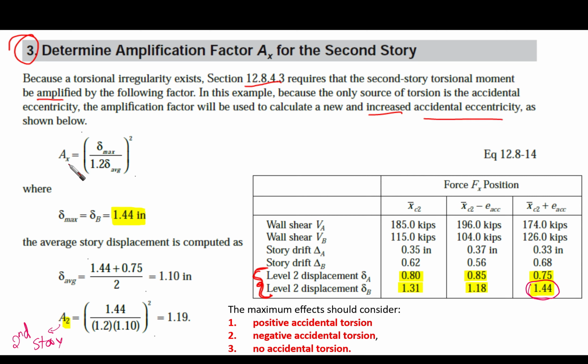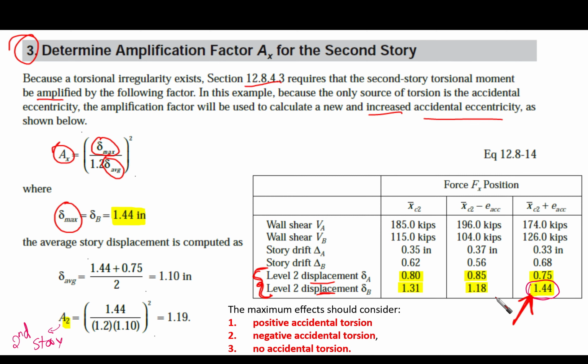So we're going to first get the amplification factor, which is Ax. It would equal, take care, delta maximum over delta average. We are using the inelastic displacement. It's not related to the drift. We are not talking about the drift here. So delta maximum in our case, by investigation, you are going to find that delta maximum is 1.44. This is the maximum